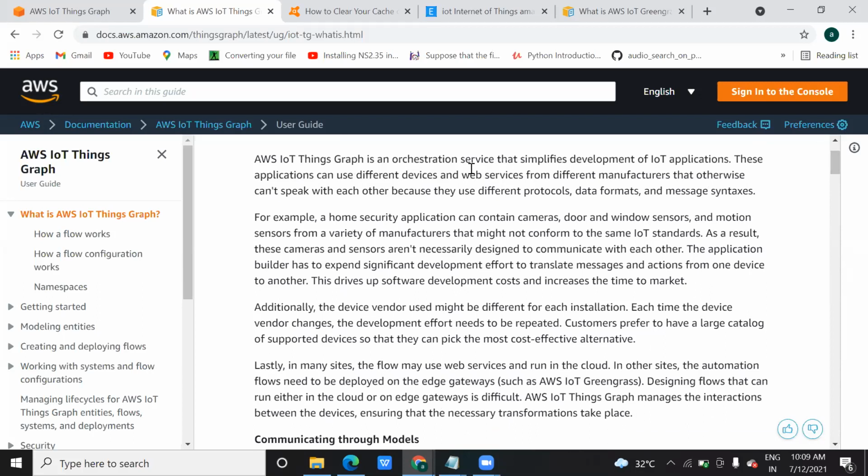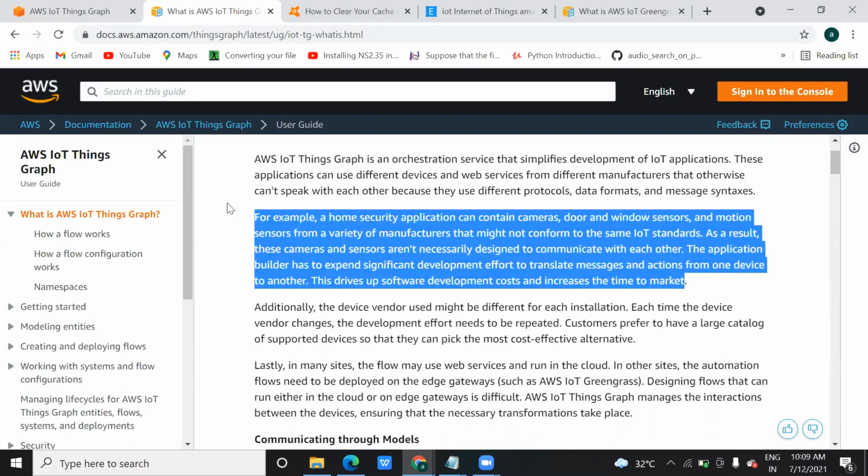So when you make this IoT Things Graph, take this example given here, a home security application. As I already mentioned before, nowadays with the help of an application you can see a live recording, if you install a camera at your home, even while sitting in your office. Similarly, how this happens, we are going to see in IoT Things Graph. We just connect the components. It's also a way of showing you visually how you can connect the components.